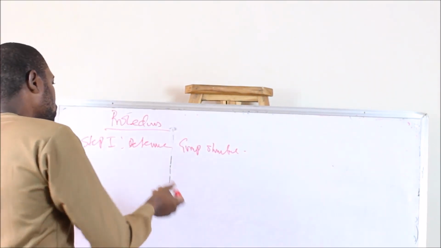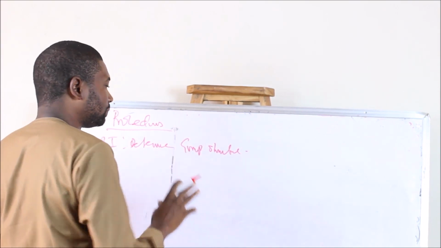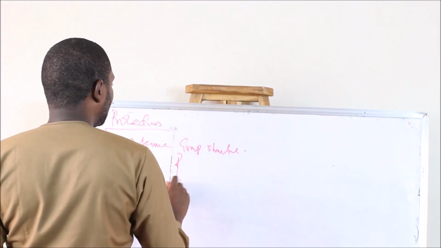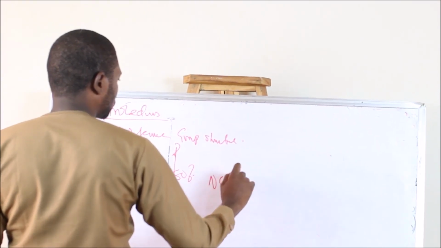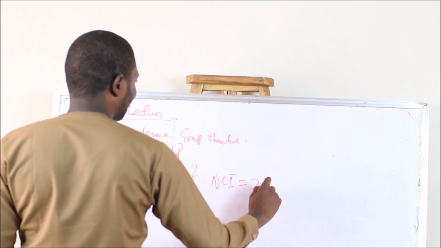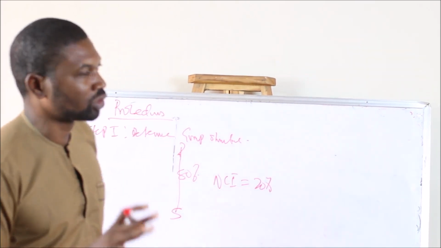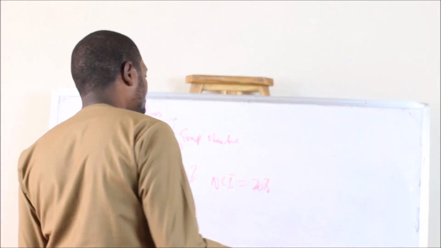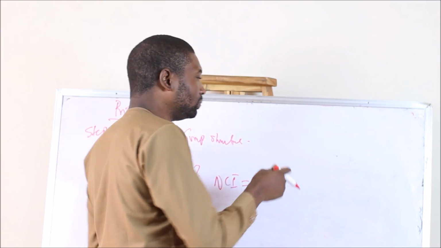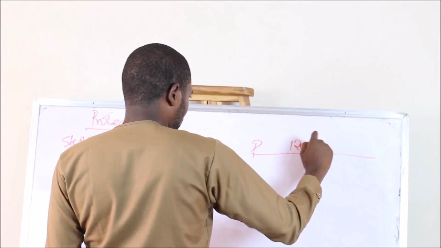So the first is that, as with the statement of financial position, you have to determine the group structure. That's the first thing, and it is very, very important. Remember, I told you that if the group structure is not given to you, you have to look for it. And to determine it, the examiner is going to give you the number of shares the parent company acquired in the subsidiary.